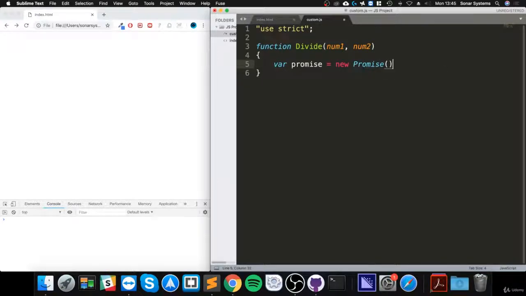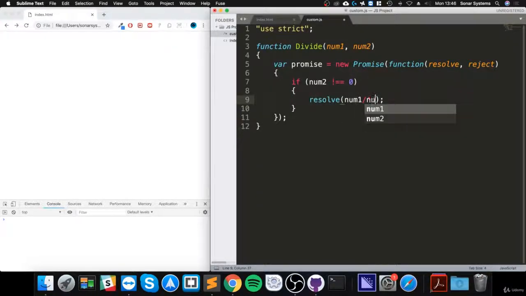This is a promise object, and this will be a function in itself, and you'll take two parameters, resolve and reject. Resolve will be sent back if it's successful, reject if it isn't successful. In here we are simply going to say if num2 does not equal 0, then we know that it can be computed. So we're going to say resolve num1 / num2, and now we'll just say else